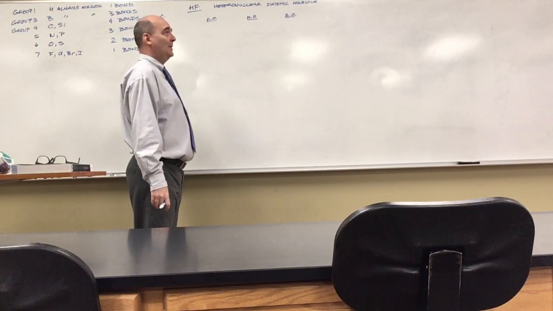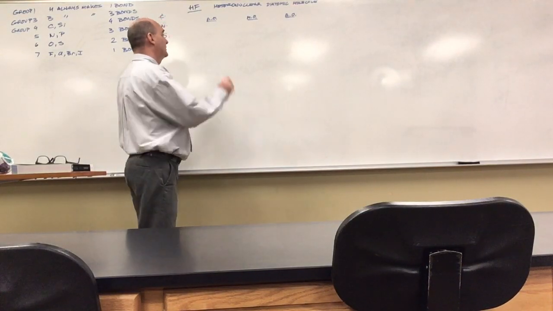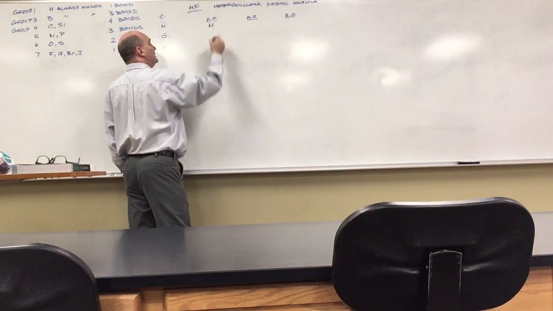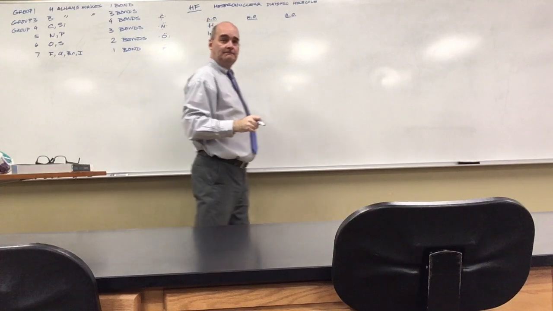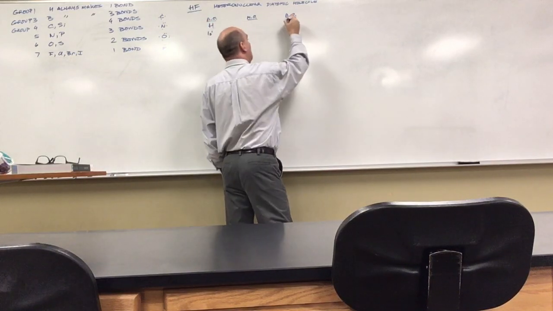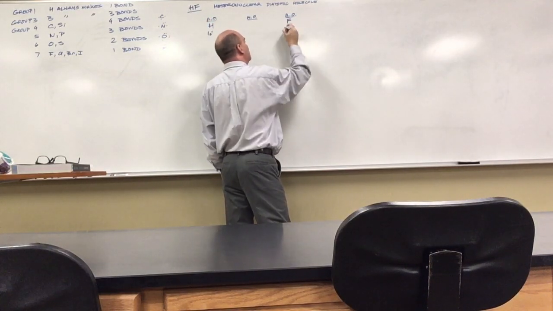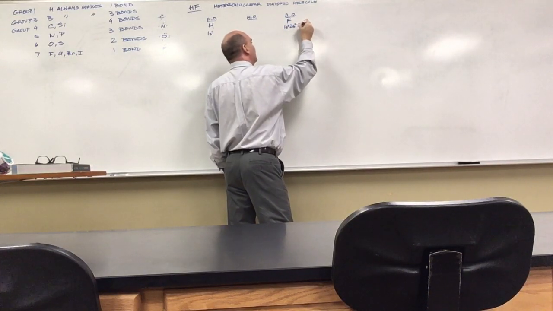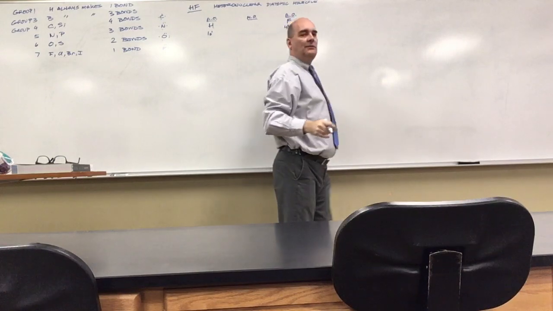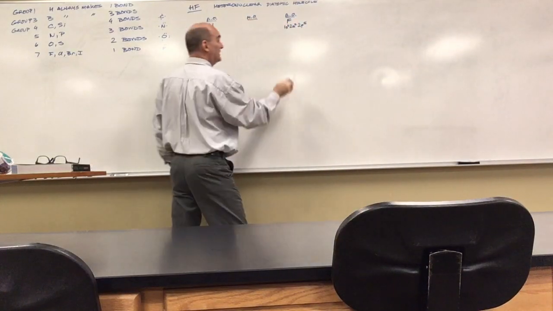So the diagrams would be backwards and they wouldn't scan and read the same way. Let's have a hydrogen here. That hydrogen is 1s1. We're going to have F here. And this is 1s2, 2s2, 2p5. It's in group 7